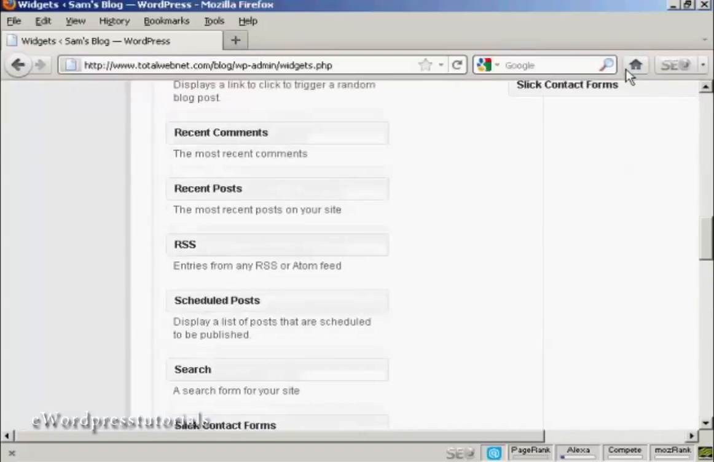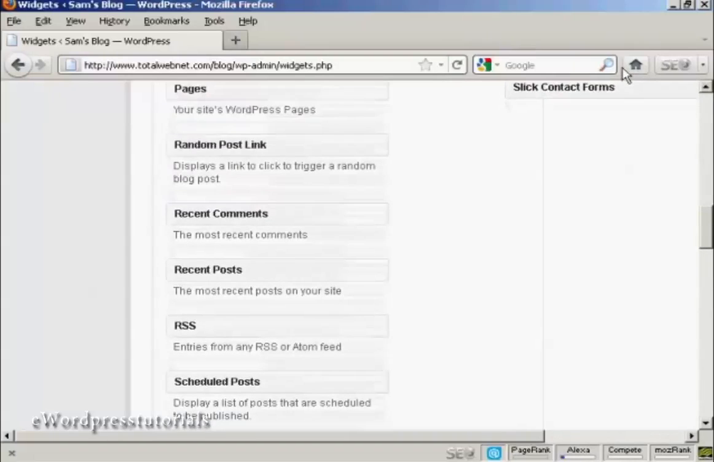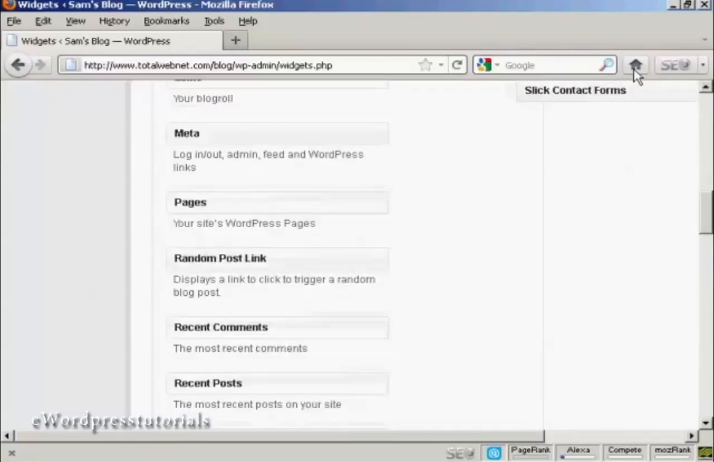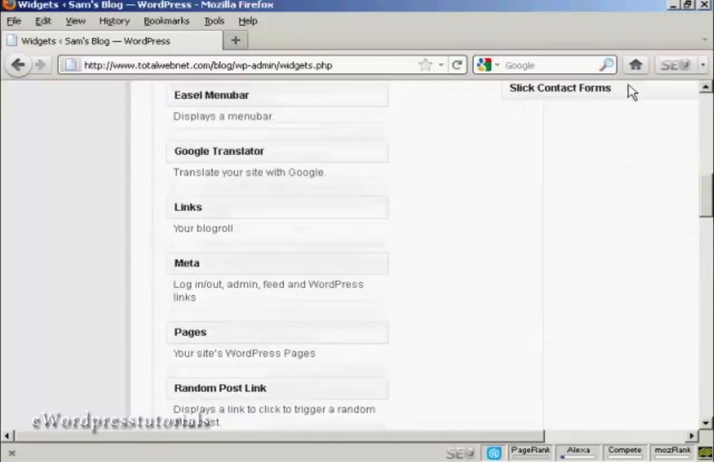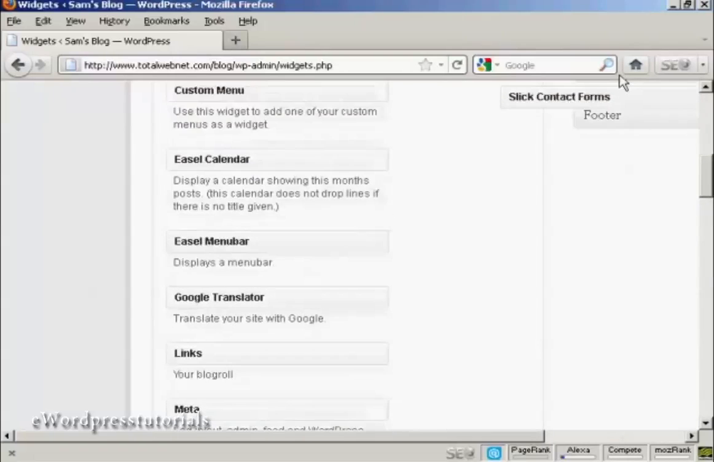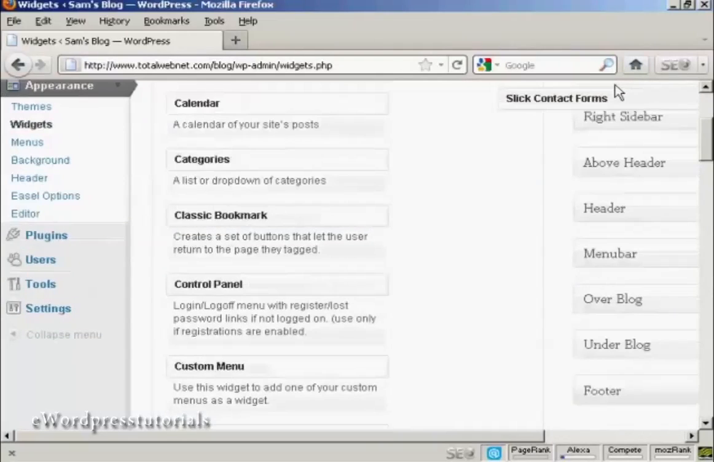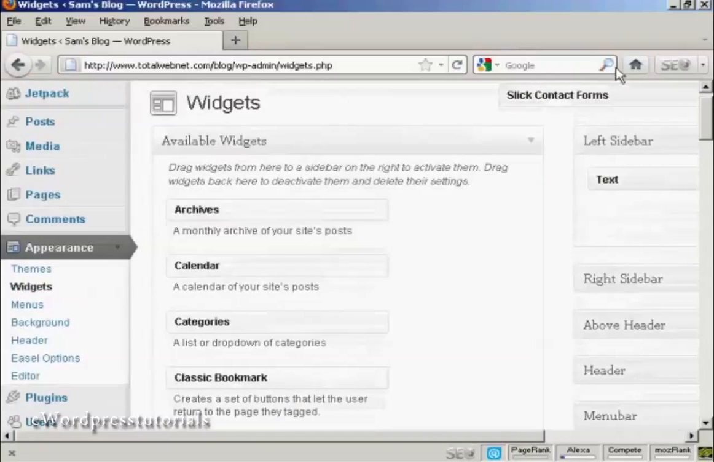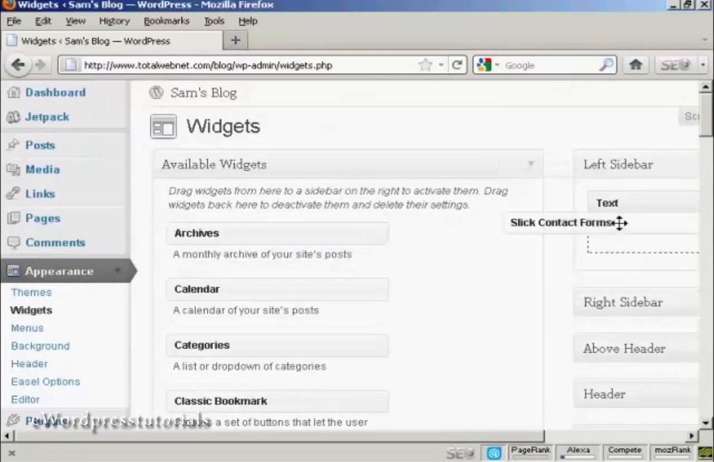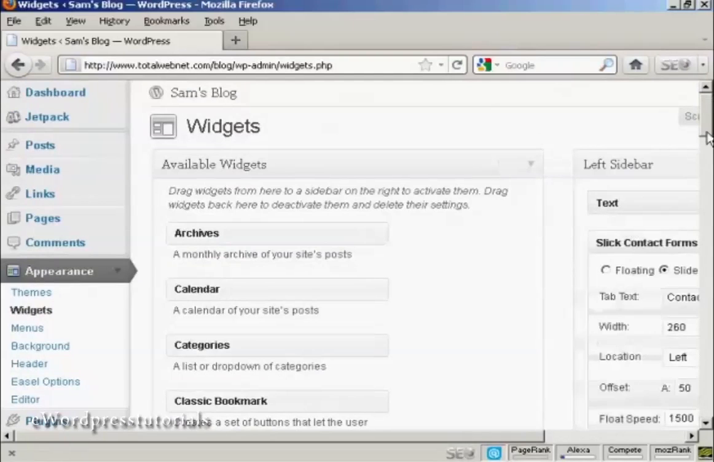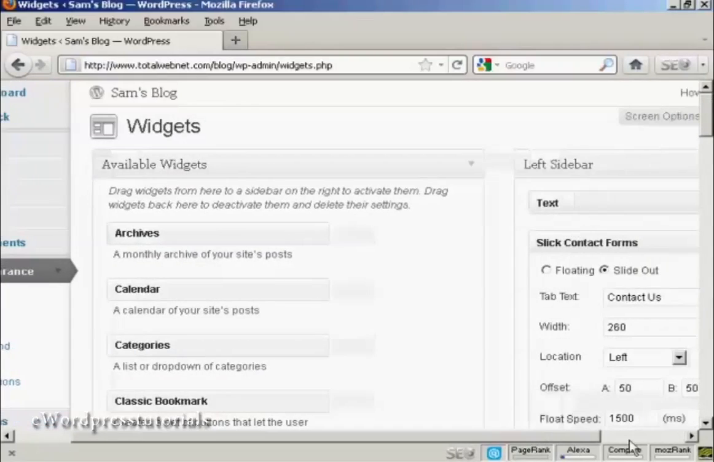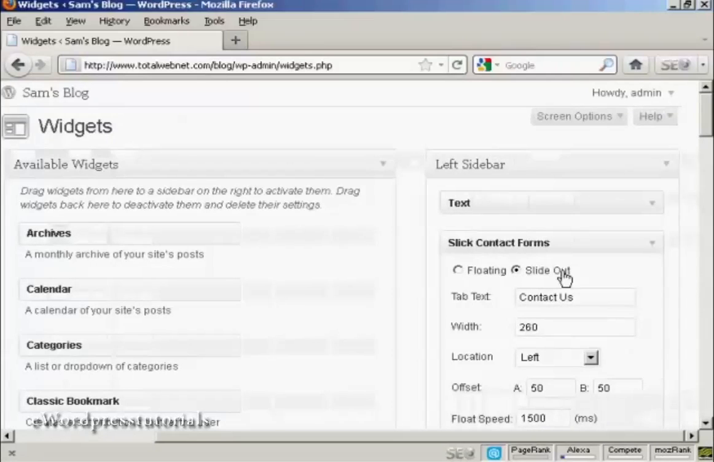Okay, first thing to do is to slide this in to the sidebar that we're going to put it in. So just ease it up here. I'm going to put it in the left sidebar, and then configure it here. You can have it either as floating or slide out. I'm going to have it as floating, and the tab text, contact us. I'm going to leave the width and the other things here